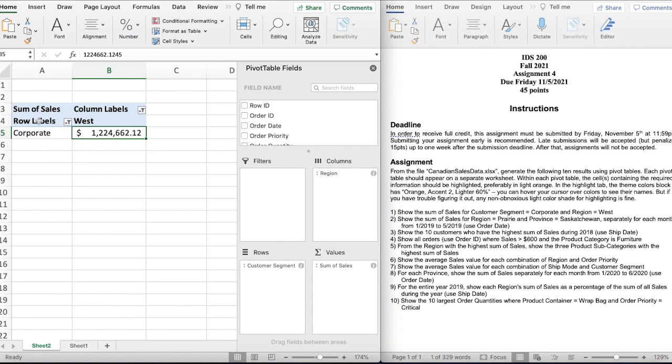Other quick note, guys. You could change the names of these as well. So row labels and column labels, if you want to go ahead and change them, you could change them to anything you want. For the sake of the video, I'm just going to leave them blank, or as it is already. But for example, you could change this to customer segment,